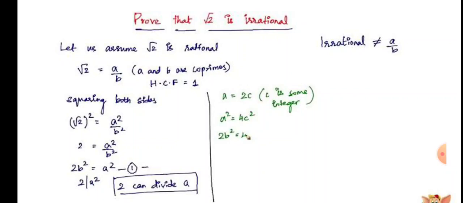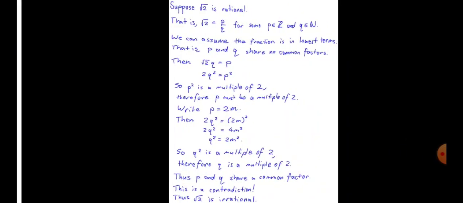So squaring both sides, under root 2 whole square equal to a square by b square. The under root is cancelled by the square. So in the next step 2 remains on the left hand side, and on the right hand side a square divided by b square. So 2b square equal to a square. So 2 divides a square, so a equal to 2c, where c is some integer. A square equal to 4c square. 2b square equal to 4c square. So in this way,